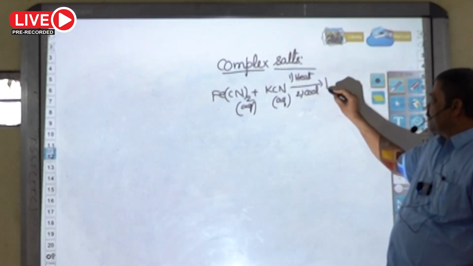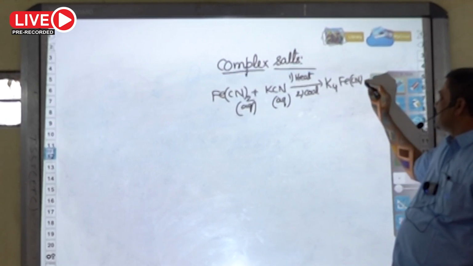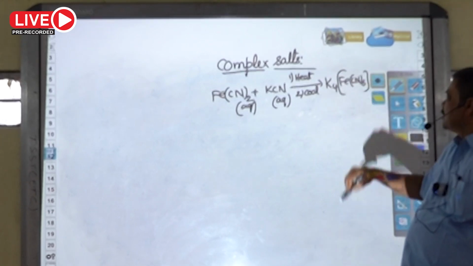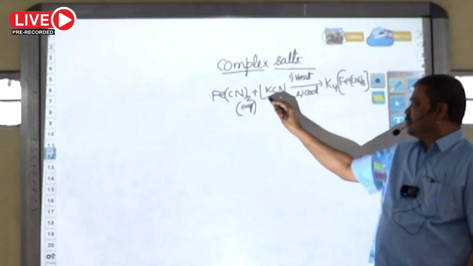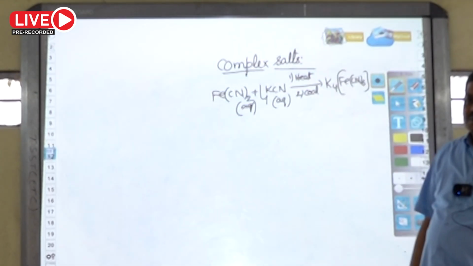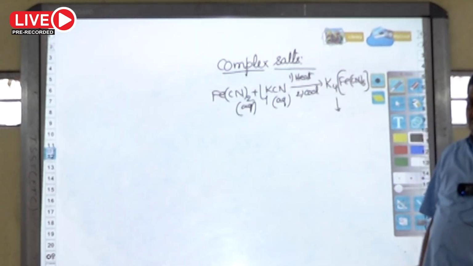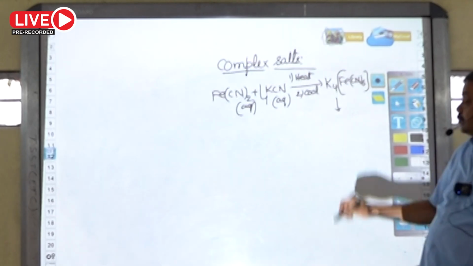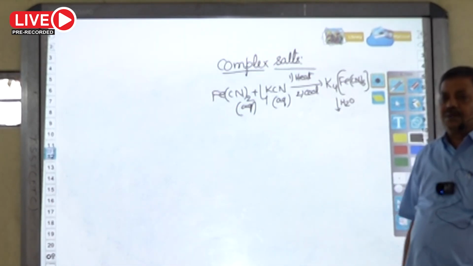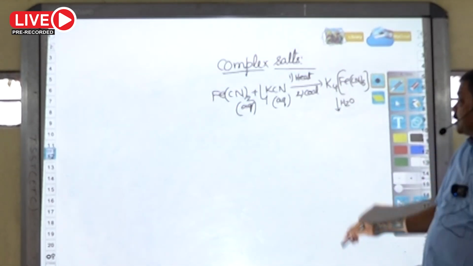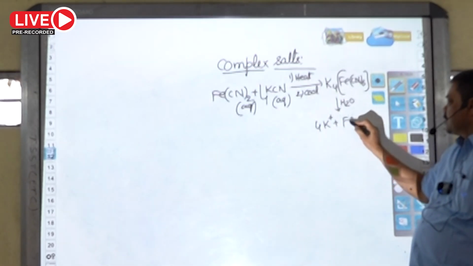Immediately you'll get a new kind of crystals, K4Fe(CN)6, potassium ferrocyanide. But when this potassium ferrocyanide dissolves in water, it won't completely break into component ions, but it only gives 4 potassium ions plus 1